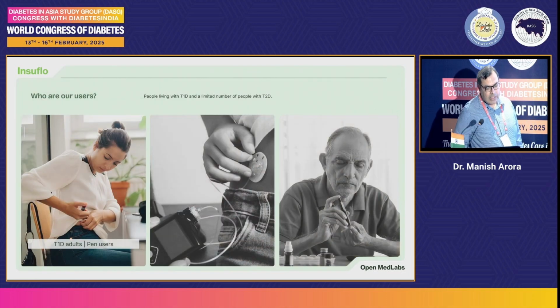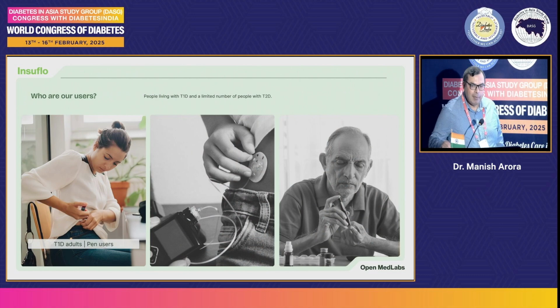Whom are we targeting this for? We have, of course, people with type 1 diabetes as the primary users of the pump. But of course, there are populations which are type 2 diabetics and heavily insulin dependent as well, who will probably benefit from it. But we have to understand the complexities in handling them. Right now, it's only single hormone delivery.